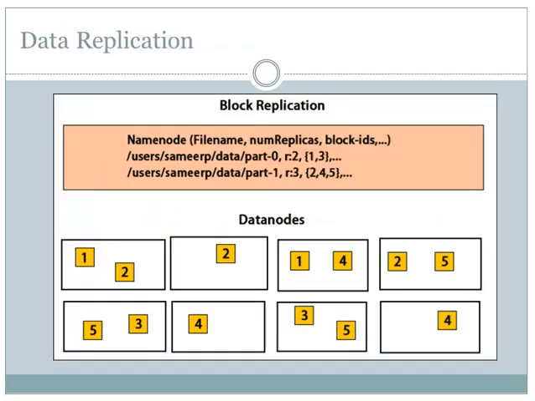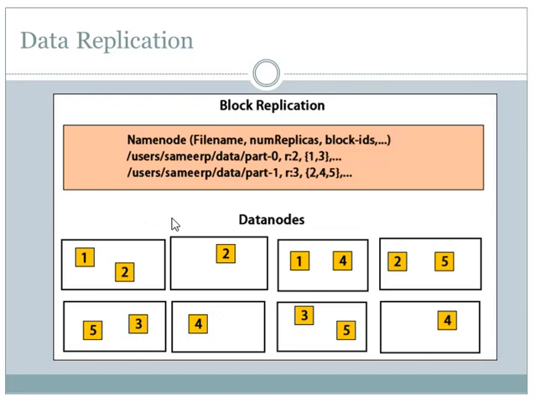Then we move on to data replication. HDFS is designed to process data fast and provide reliable data. It stores data across machines in large clusters. All files are stored as a series of blocks. These blocks are replicated for fault tolerance. The block size and replication factor can be configured by users as per their requirements. By default, the replication factor is 3. The replication factor can be specified at the time of file creation, and it can be changed later.